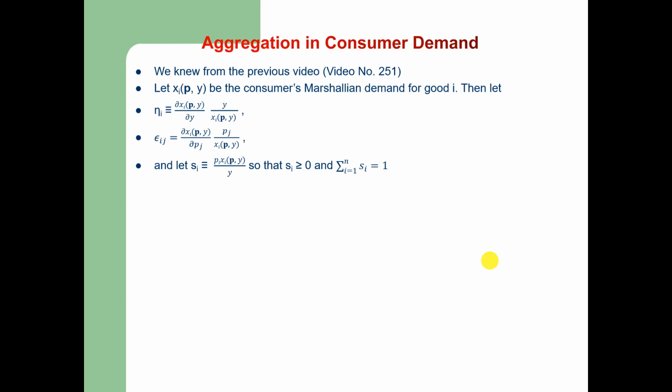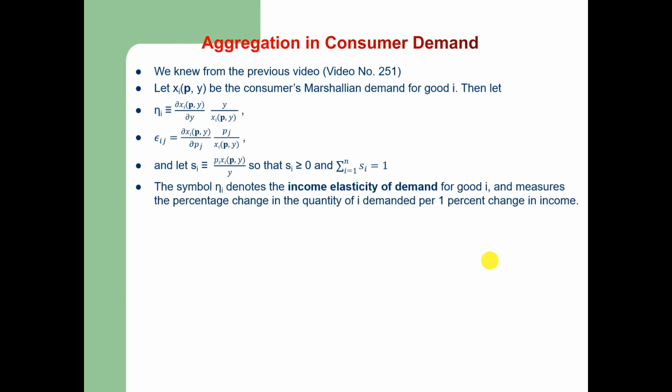so that si is a non-negative value, and the summation of i varying from 1 to n of si is equal to 1. It means that if we sum up the income shares of all goods, the summation will be equal to 1. So the symbol eta i